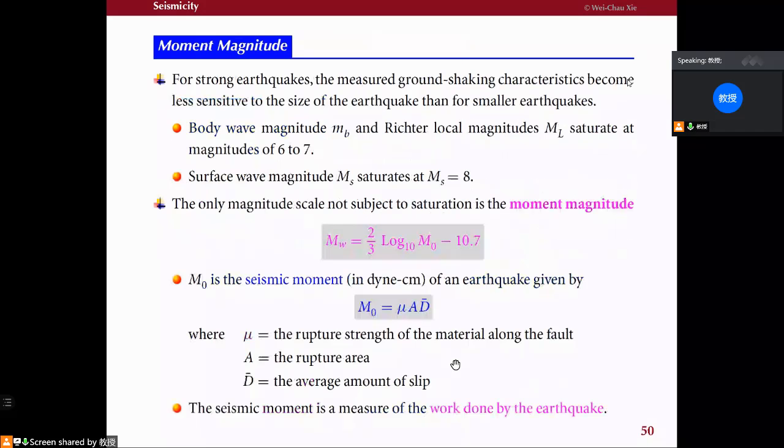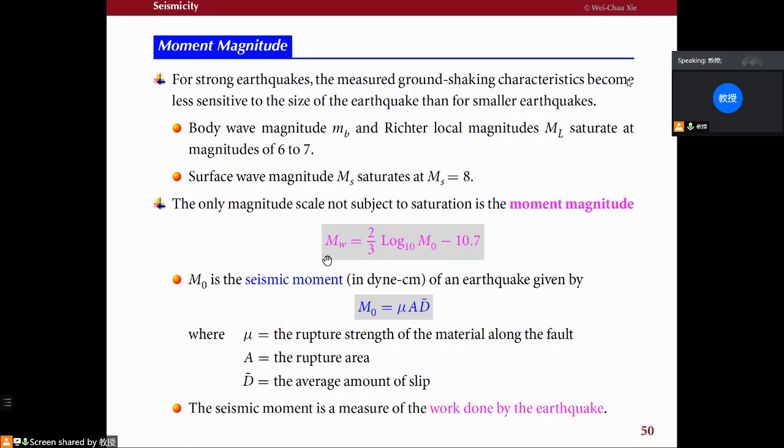For strong earthquakes, the measured ground shaking characteristics become less sensitive to the size of the earthquake than for smaller earthquakes. So we use this. The only magnitude scale not subject to saturation is the moment magnitude, given by this formula,